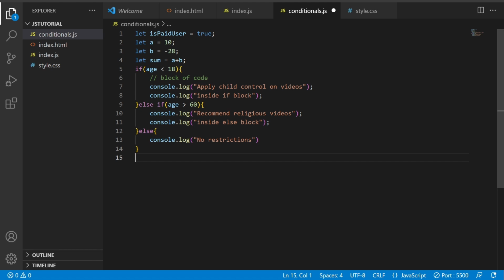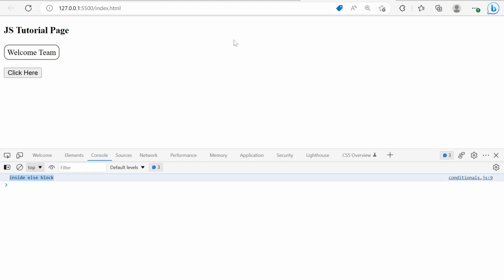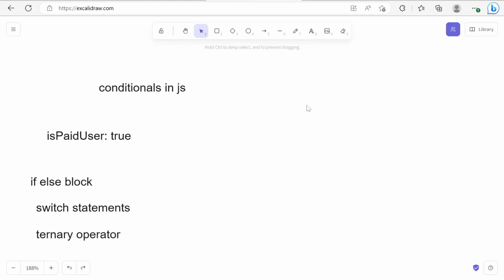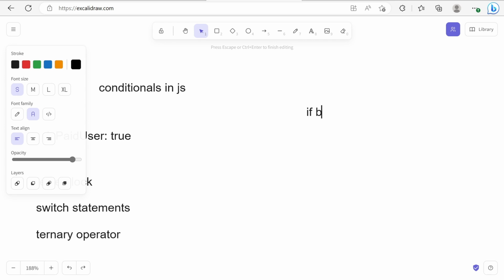Previously we used just an if block, because we want to execute some line of code only when some condition is satisfied, and other lines of code we want to execute every time. Now we have the else block. We use if else block. I will go to Excalibur. First we check the single if block. Why do we use the single if block? Whenever we want to execute some line of code only if the condition is satisfied, and other lines of code can be executed every time, then we use the if else block.